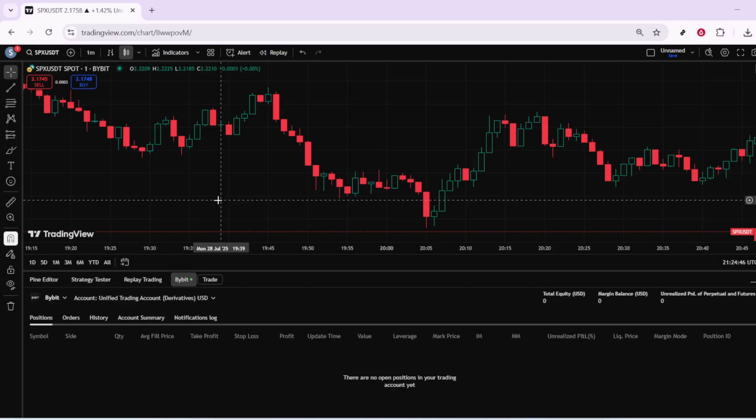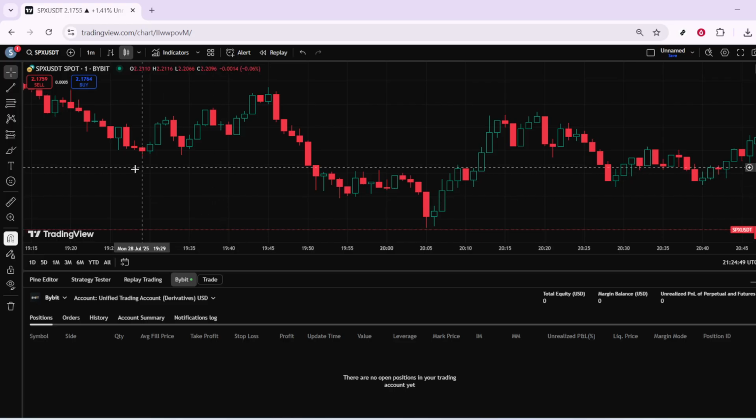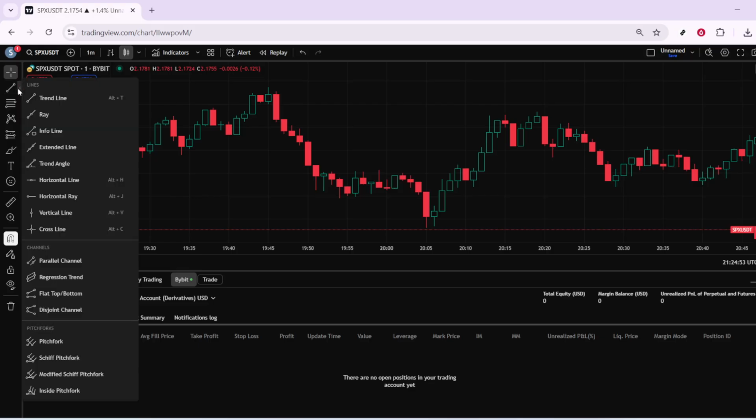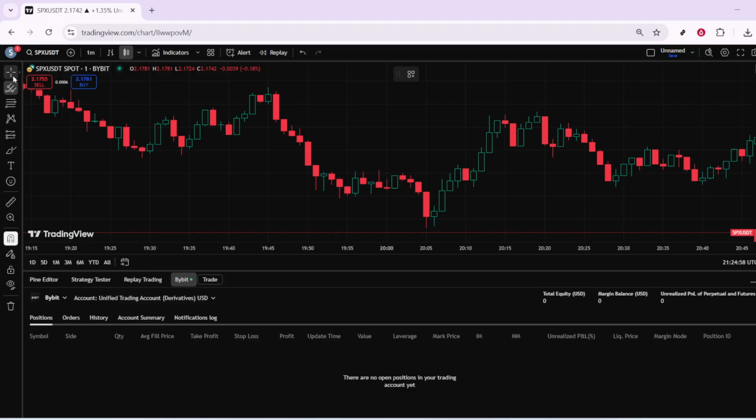First, you need to launch TradingView and open the chart you want to analyze. Now, over on the left side of your screen, you'll see a toolbar packed with a variety of options. What we're looking for is the Drawing Tools icon. Go ahead and tap on that icon. This opens up a menu with several drawing options designed to help traders mark patterns and trends visible on their charts. Now that the drawing tools are visible, the next step is to click on the Trend Line tool from